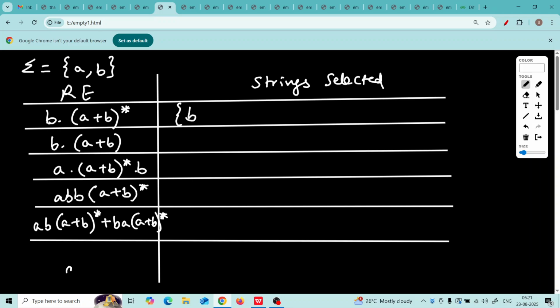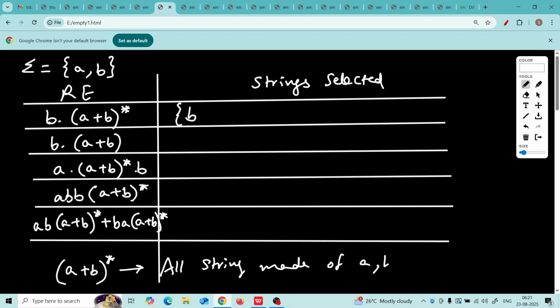Okay, I'll write it here for our reference. A plus B star means all strings made of A comma B with any sequence of AB and any number of AB. So even 0 number is possible, nothing might be taken, so single B will be there.